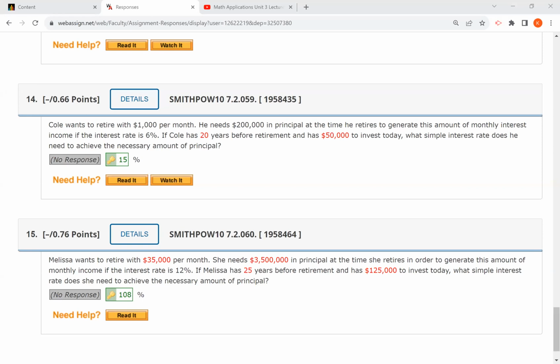So these are the values you're going to use to find your interest rate now to be able to produce the $200,000. So you're going to use that simple interest formula, I equals P times R times T, and solve